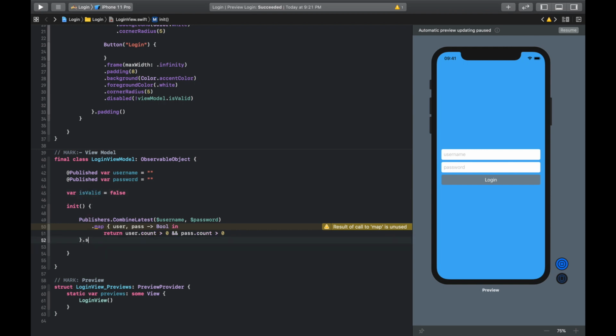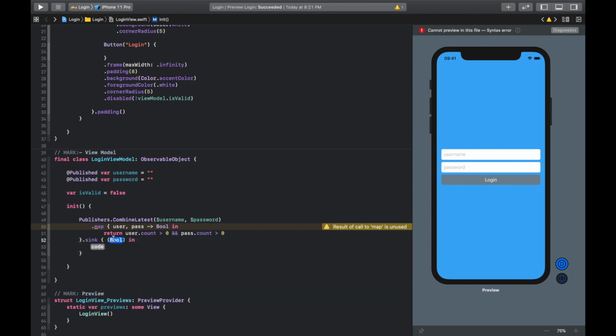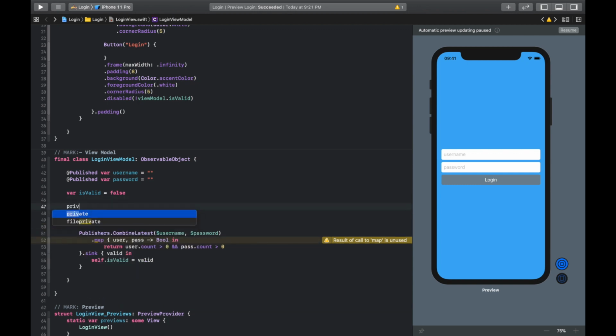So there is a function called sink. Using the sink function you will get the latest value of this map. So we will use valid as a variable and then we will set self.isValid equal to valid. Then the output of this function we need to store so that we can keep track of this publisher. So we'll simply create one variable.